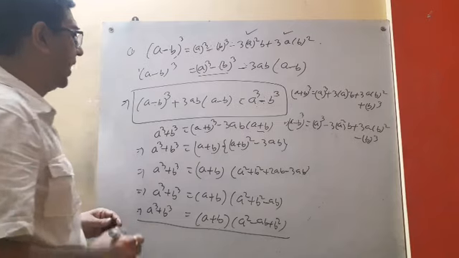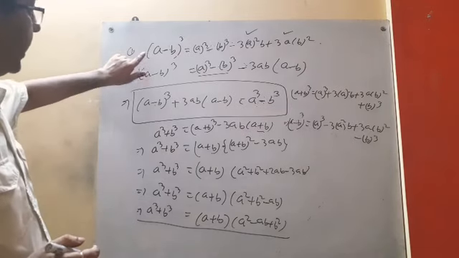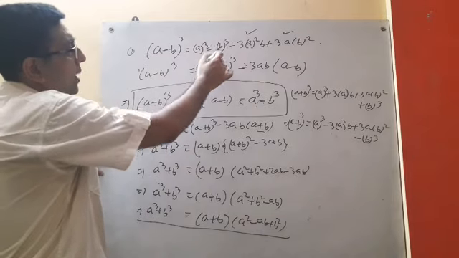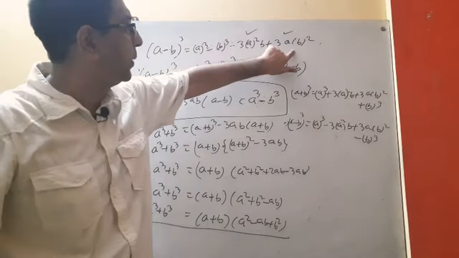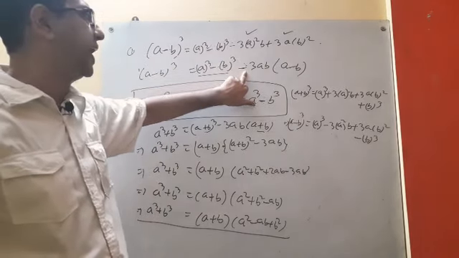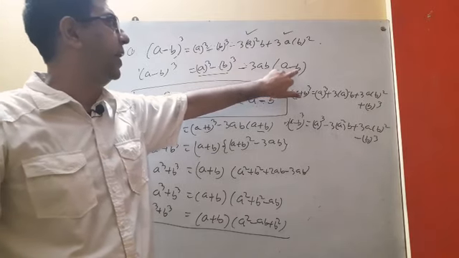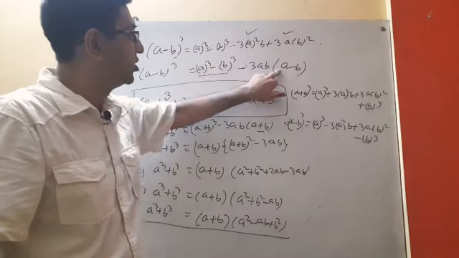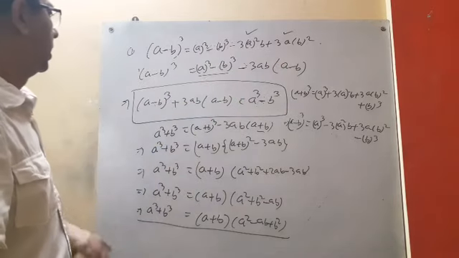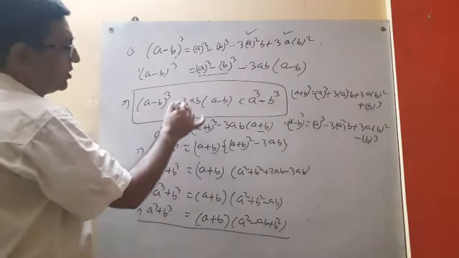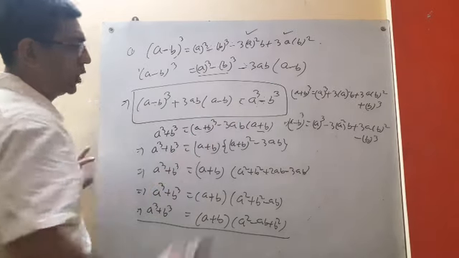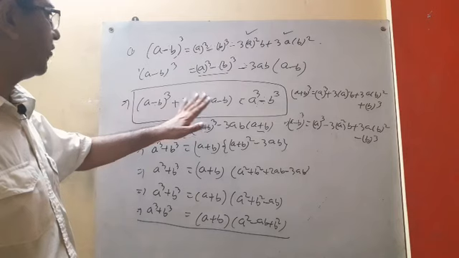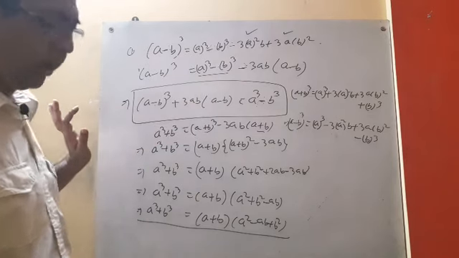Here it is coming, another formula, right? Look, a minus b whole cube equals this one. So we are taking a cube minus b cube. From these two expressions, we are taking common minus 3ab. We get a minus b, because if we take minus, the sign will be opposite. For minus it is plus, for plus it is minus. So a minus b whole cube plus 3ab into a minus b can be written as a cube minus b cube. Okay, so this is the formula of a cube minus b cube, right?